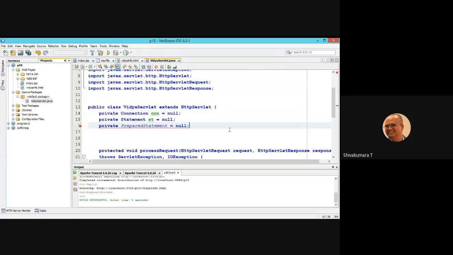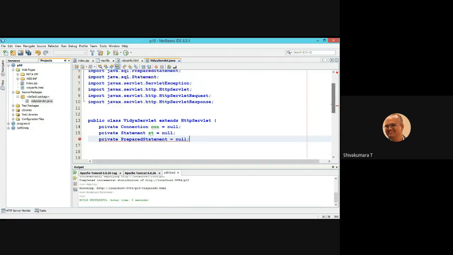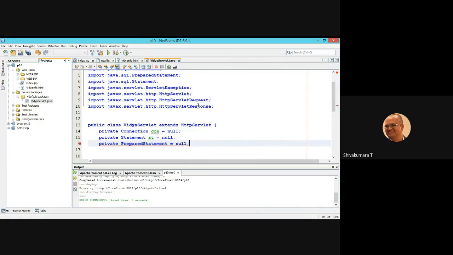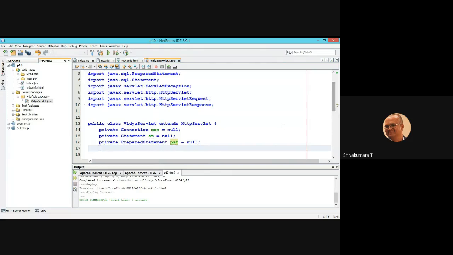Add the appropriate package, PreparedStatement. PreparedStatement pst equal to null. Here con, st, pst are the user defined object names.